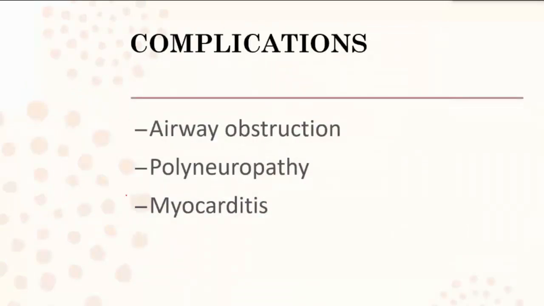Okay, what are the possible complications of diphtheria? These are the possible complications of diphtheria as a result of toxin release and formation of pseudomembrane. So there will be airway obstruction as a result of edema, inflammation, and obstruction of the upper airways. The patient may present with stridor as a result of upper